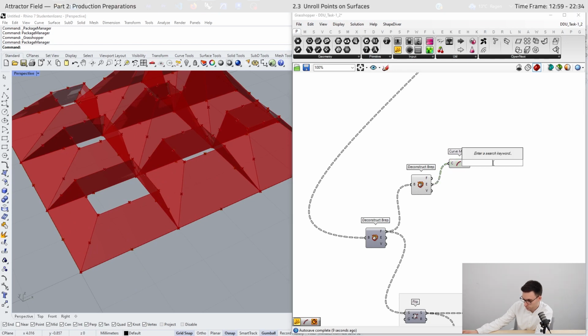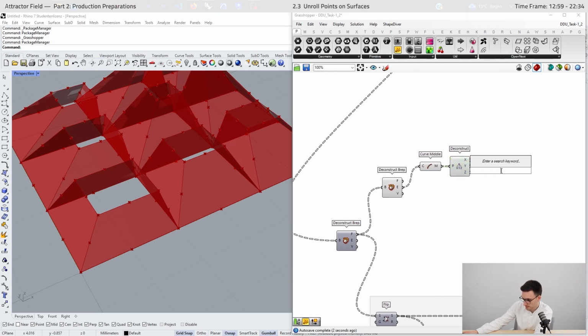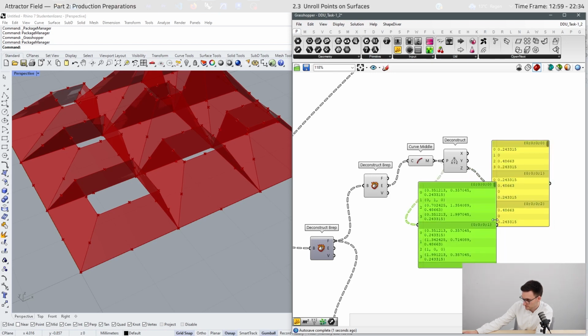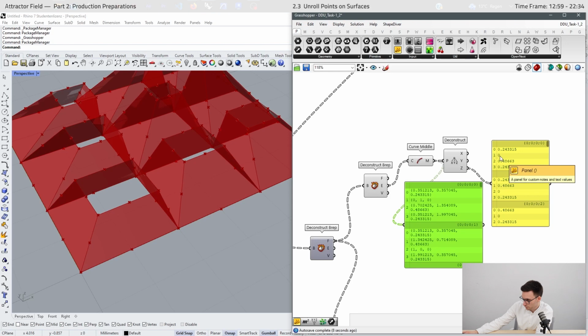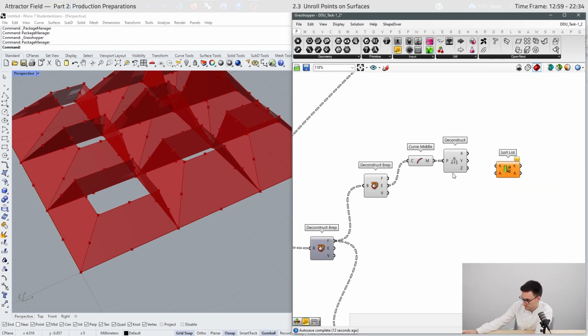And when we deconstruct the points, we can take a look. Here we can find out which point in this list is at Z0. So these are the points, and we can sort the list.